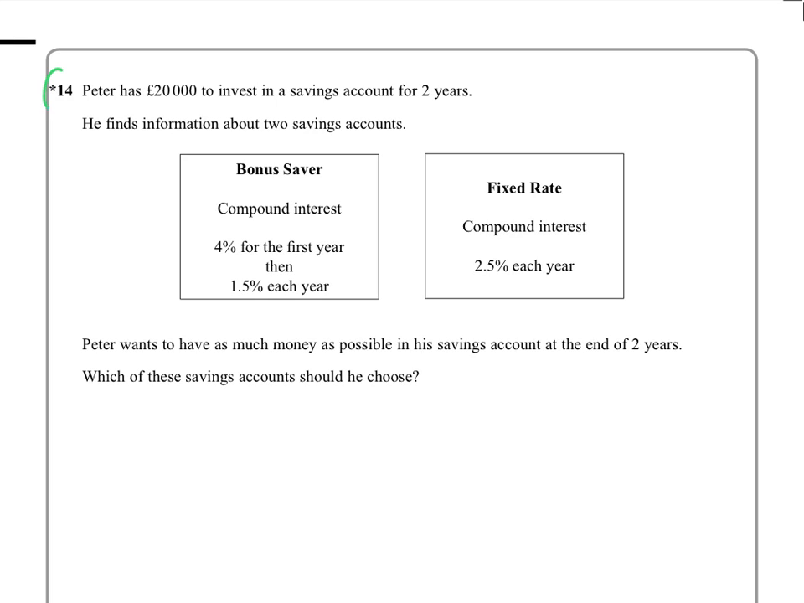Well, this question is quality of written communication, and Peter has £20,000 to invest in a savings account for 2 years. He finds information out about 2 savings accounts. So let's have a look. At the end of 2 years, well, if you put £20,000 into now this is the bonus here, the bonus saver,